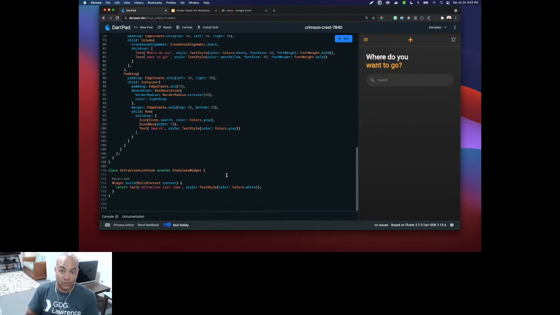What we want to do before we even do this is add some models. In Dart, you can create classes that just hold data, and they call them PODOs, plain old Dart objects. In this particular case, I'm creating a model that will hold information about, let's say, the attraction name, the attraction image, location, and description. Those things I like to create as PODOs, or plain old Dart objects. So going down the line on step number 9,